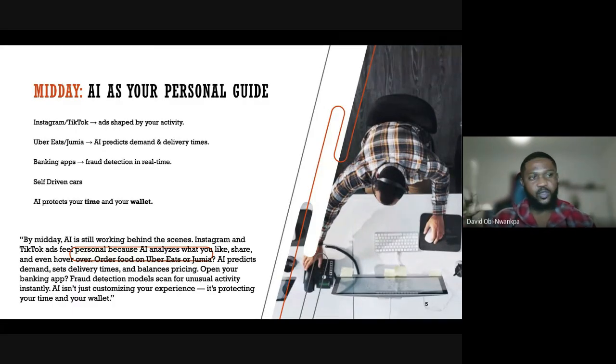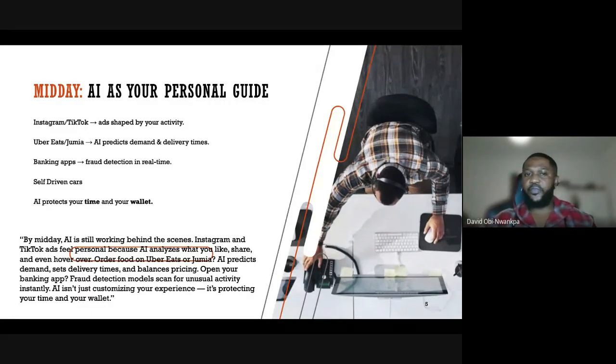When people get on new applications like TikTok, Instagram, they don't read the consent or the terms and conditions that are in every application. We just accept. I know a lot of people see a long list of consent and terms and conditions, and we just rush and accept it. It's always nice to read it, because they've asked you to consent to sharing your data with them. That's why they're able to give you that algorithm. You've just talked about a birthday cake, and boom, you're seeing birthday cakes everywhere on your TikTok. So that's AI as well, impacting the way our activity goes on in the midday. That's as per this slide.